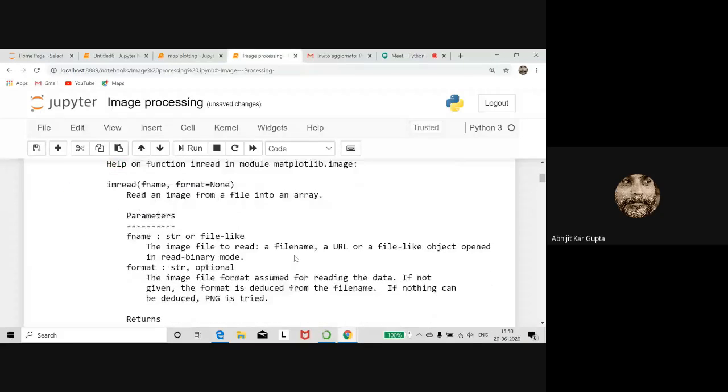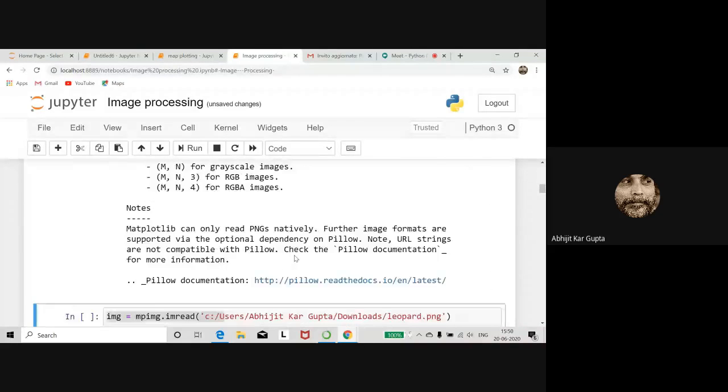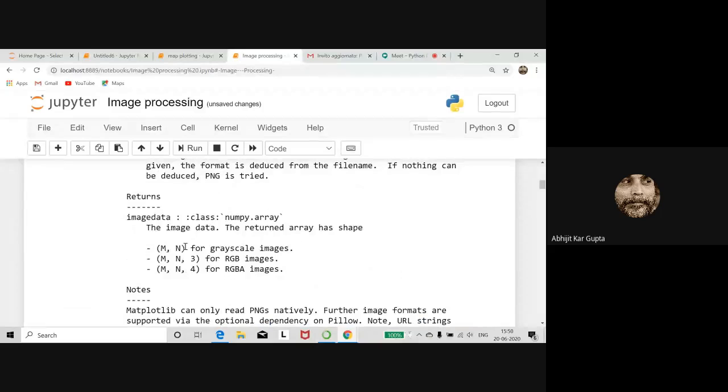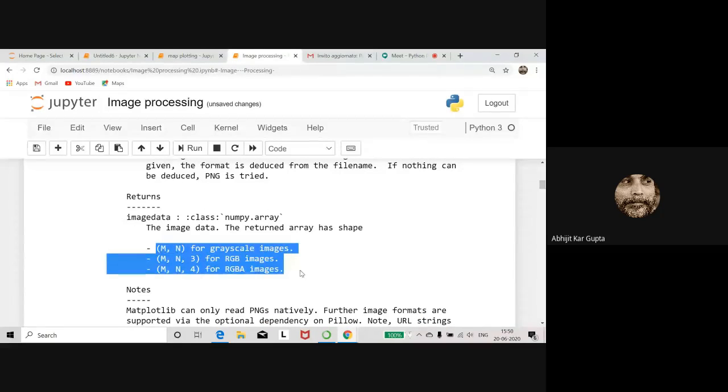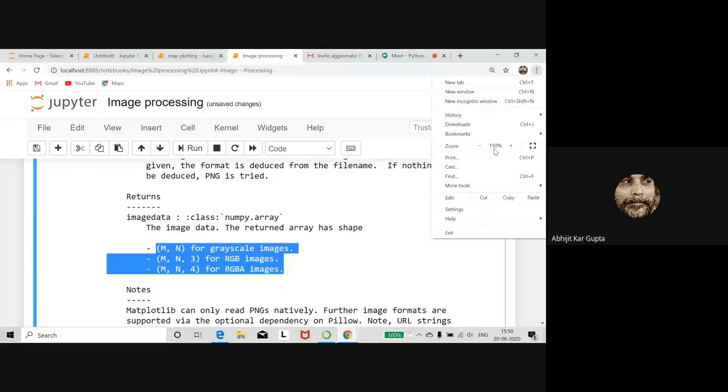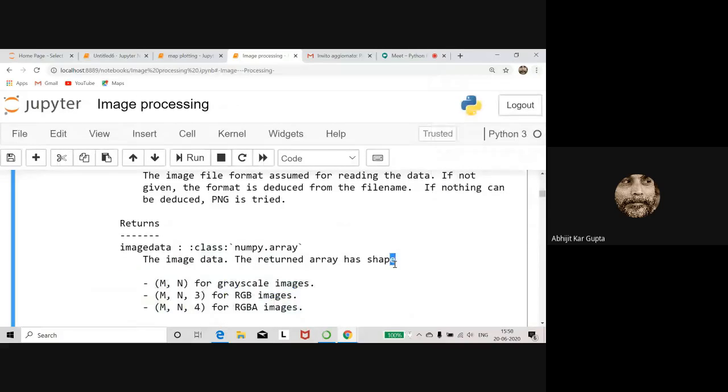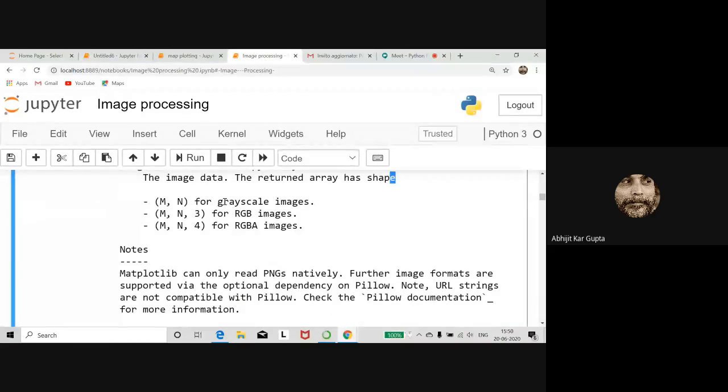Inside that you can see lots of things, but you can consider only this portion up until now. See, for a grayscale image, it is an M by N array. For an RGB image, you know all the colors can be created by red, green, and blue, these three fundamental colors, and it will be an M by N by 3 array.